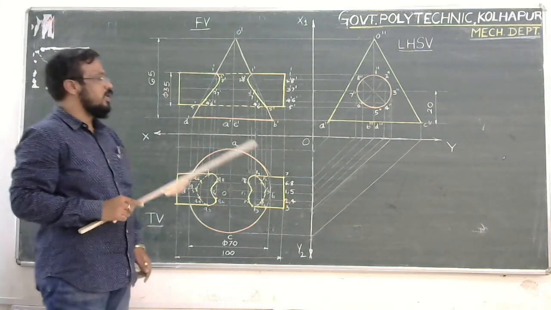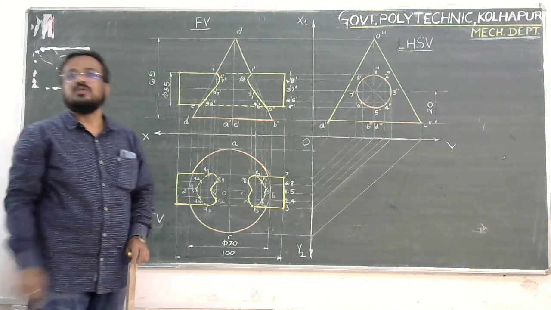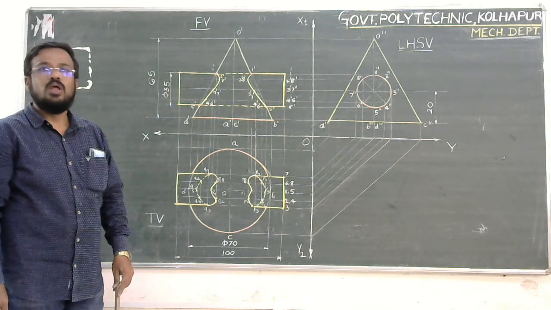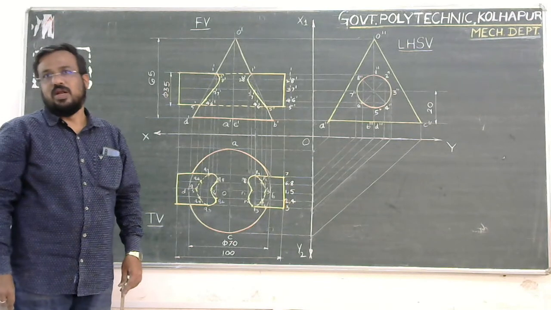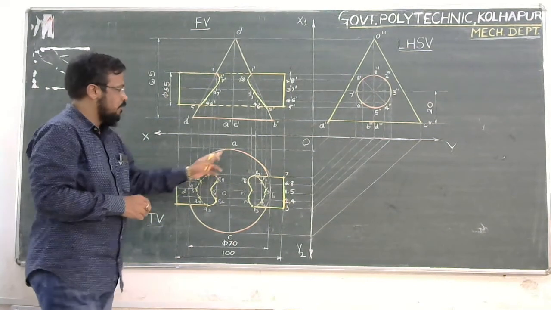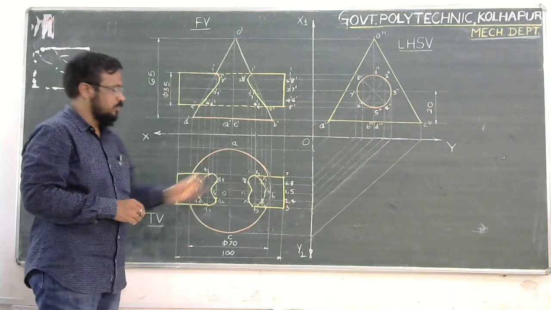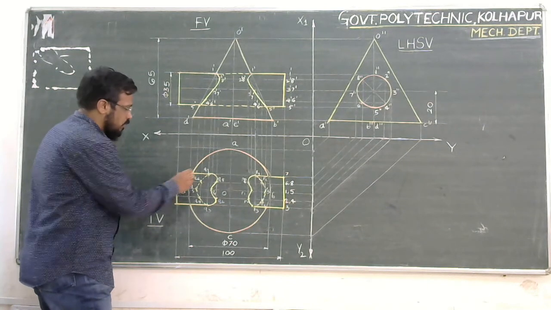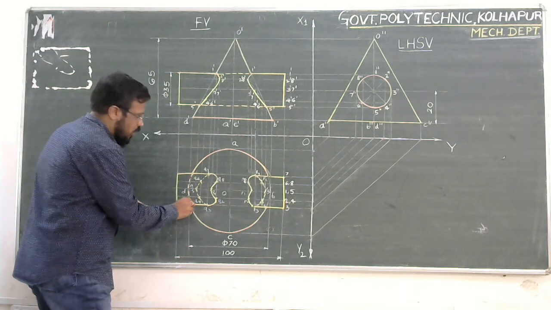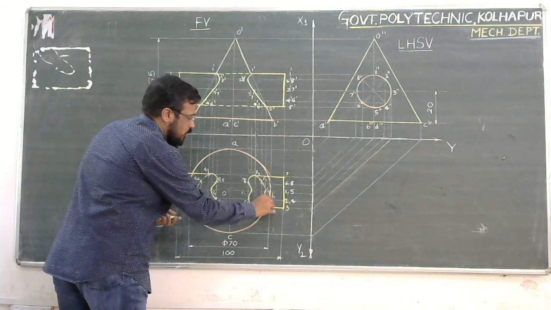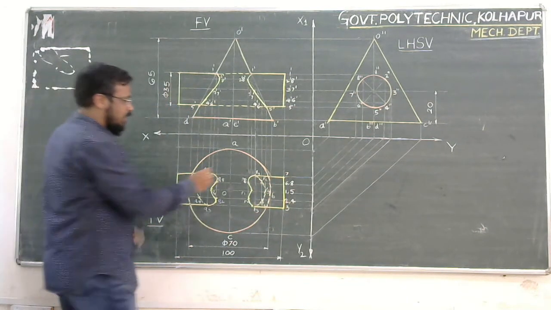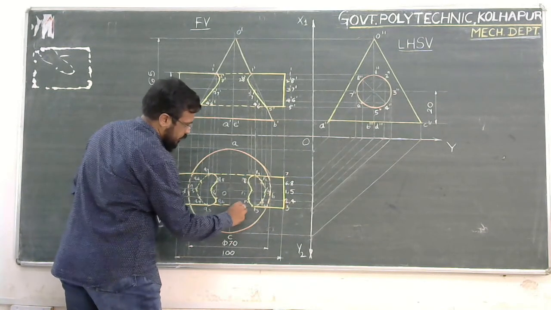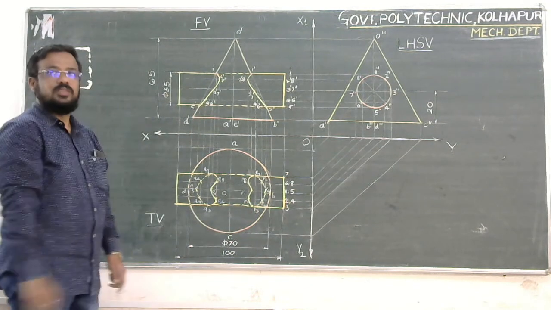So this is the correct detailed solution of an intersection. The case is discussed with an example of a vertical cone penetrated by a horizontal cylinder. Okay, this portion of cone, this inside portion, is not visible, so we draw it with the help of dotted lines. So this is completed. And for the cylinder, this is not visible, no? So it will be limited, dotted. That is the case. Okay.